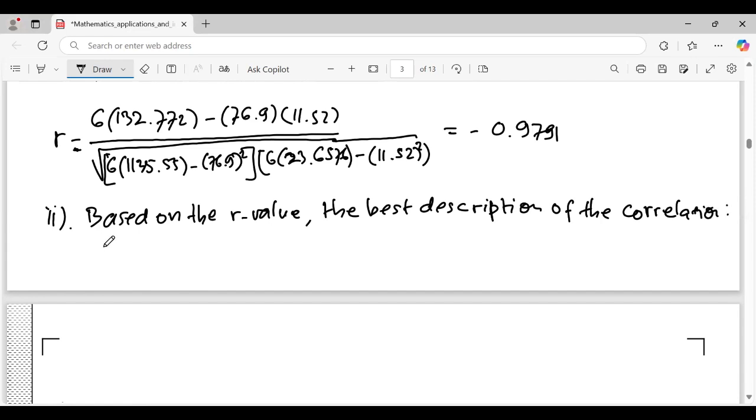The correlation is, first, since r is negative,